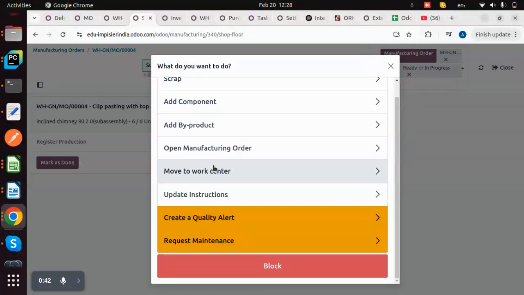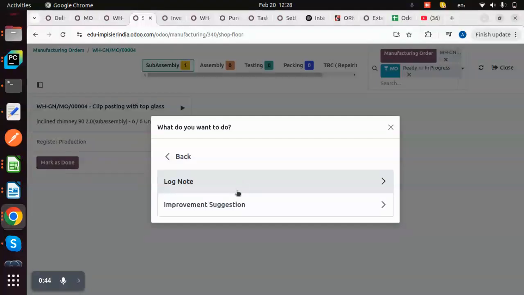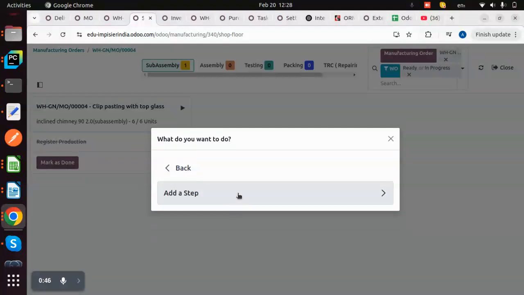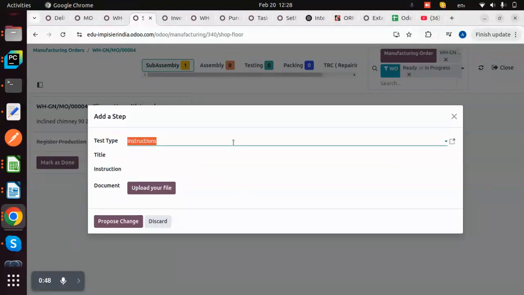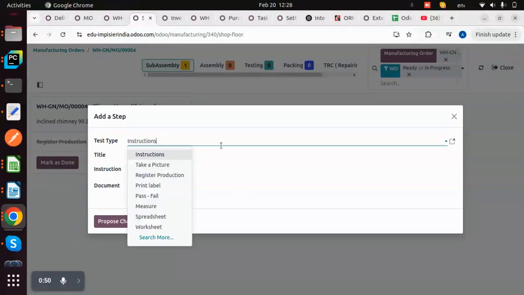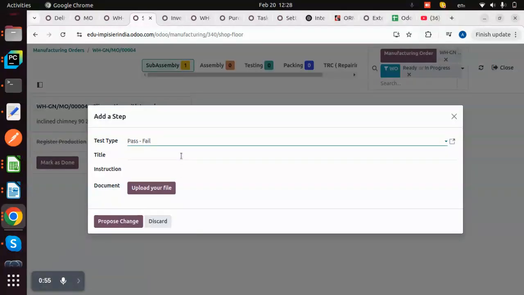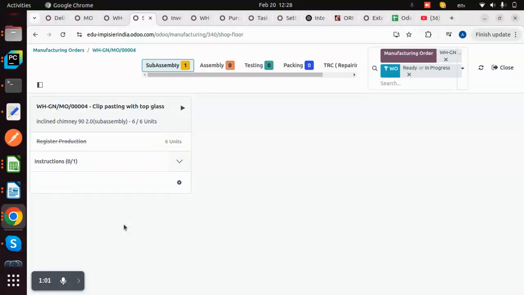You have to go to the settings, update instructions, improvement suggestions, add steps. Here it will ask a list of things which are already in the quality check module. We can give it as pause and fail. I'll give a title as test. And once you propose a change, it will ask. So